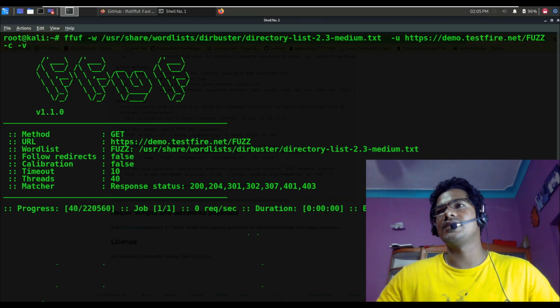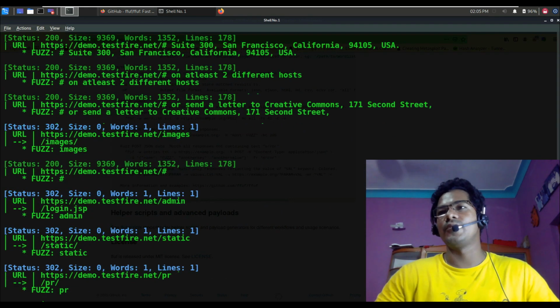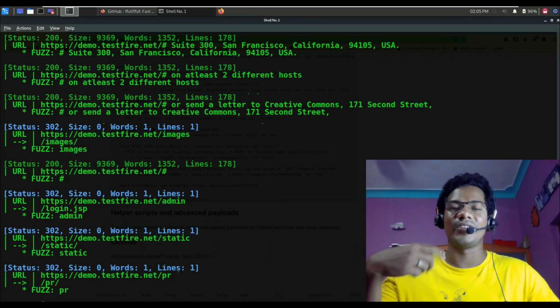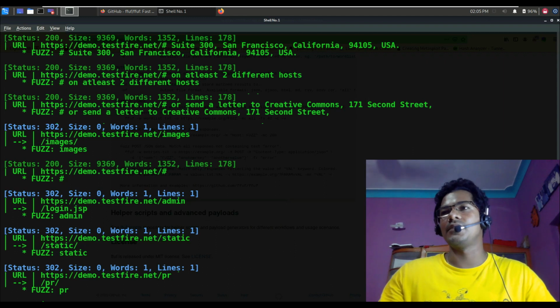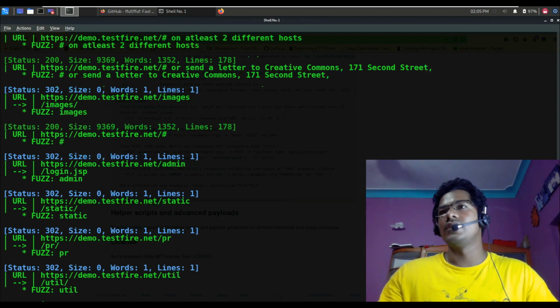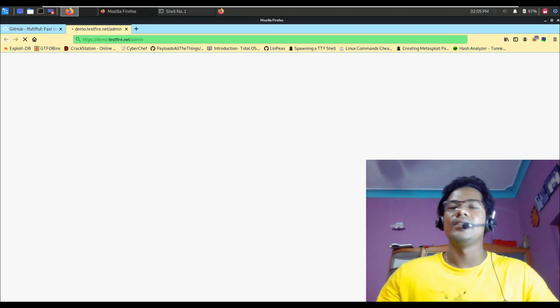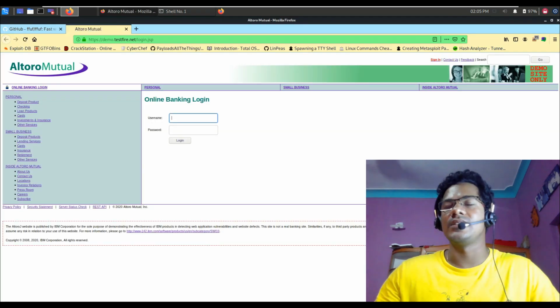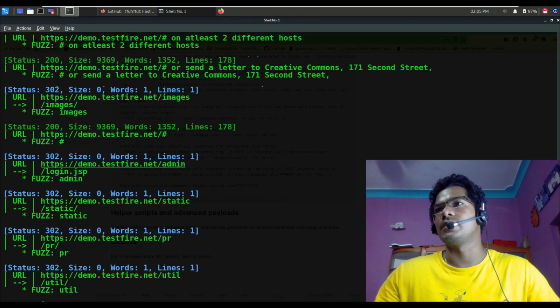Now, as soon as I press enter, you can see that the tool is actually bombarding with various requests, various parameters to fetch for hidden directory discovery and other things. If you look here, it discovers some of the URLs and it says 302, 302, admin 302. Now, if you want to verify, you can quickly verify just by opening the link, right? You can see here, this has discovered your admin.jsp, which typically redirects to your login.jsp.